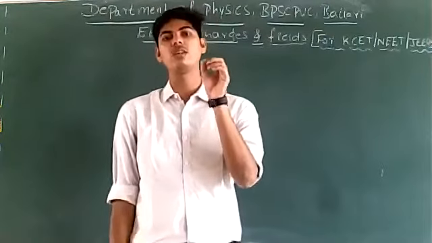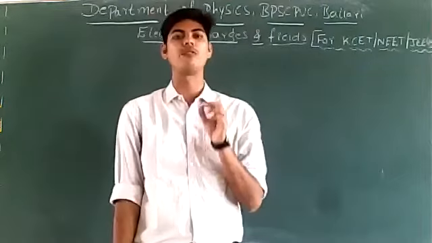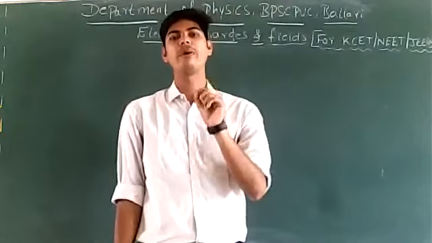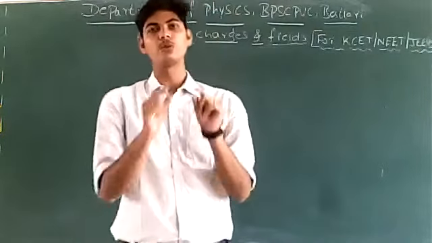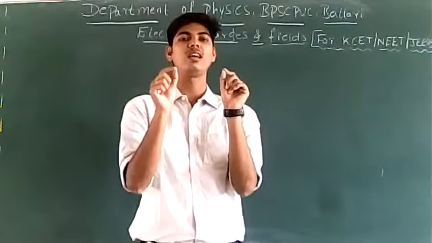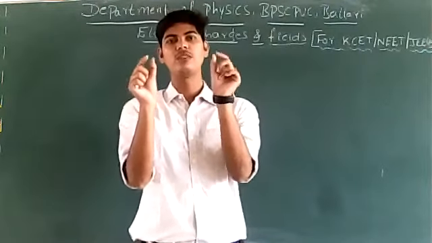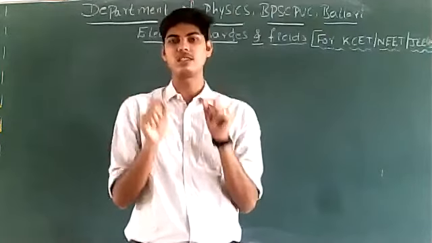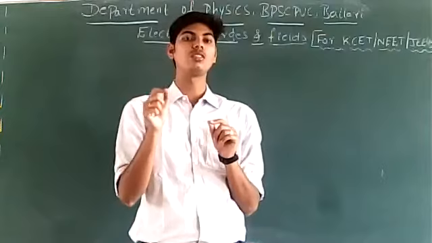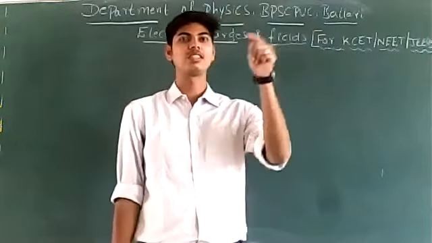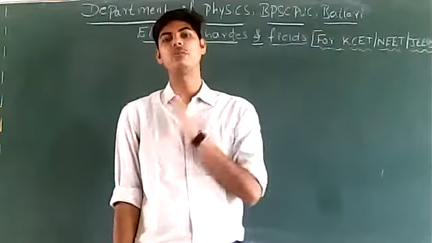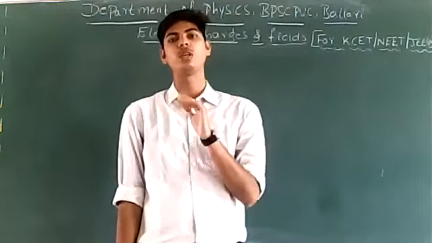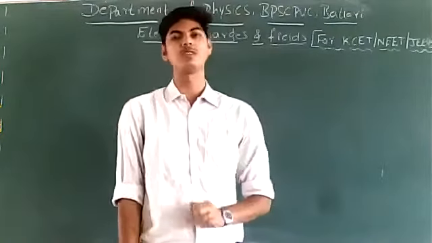I told you when the charges are placed in a medium of dielectric constant K, the force between the two charges decreases by a factor equal to K. Suppose the force between 2 point charges in air is 60 Newton, and the same two charges are now placed in a medium of dielectric constant 6, the force between the two charges is now going to become 10 Newton. 60 by 6 will be 10, right? So with the introduction of a medium between 2 point charges, the force between them always decreases.